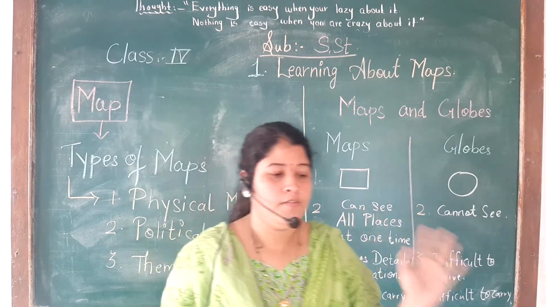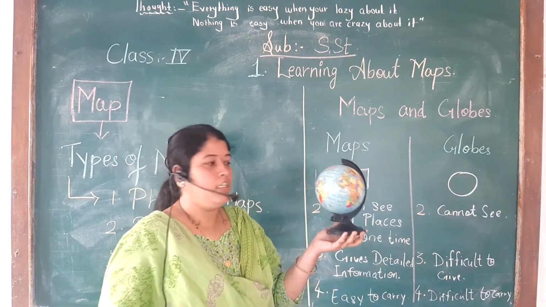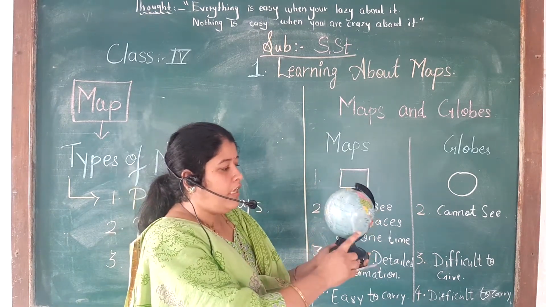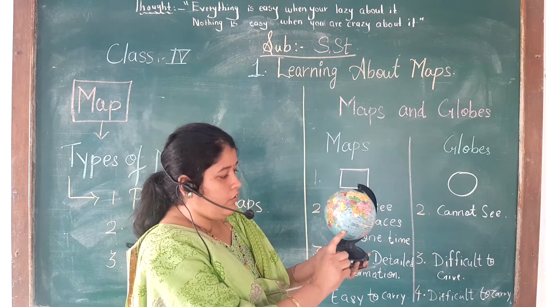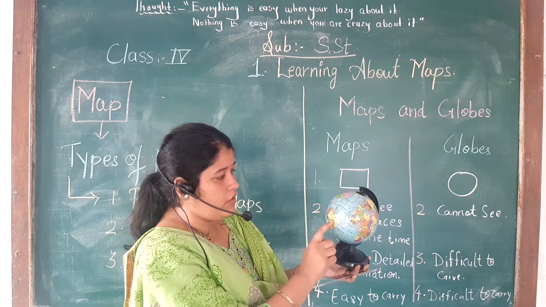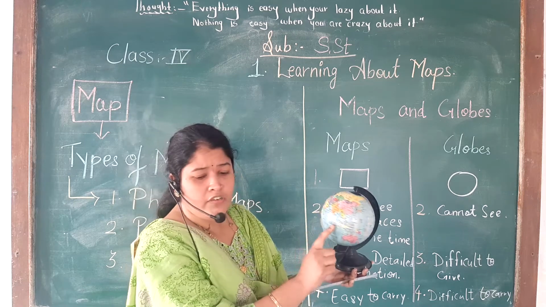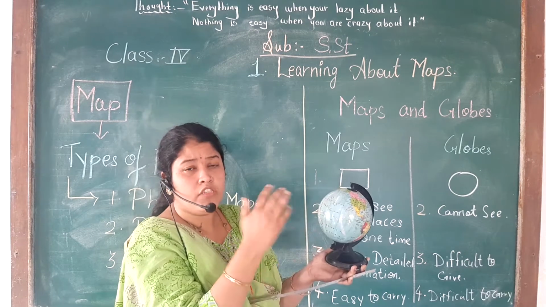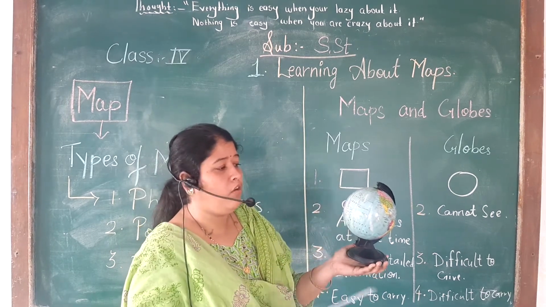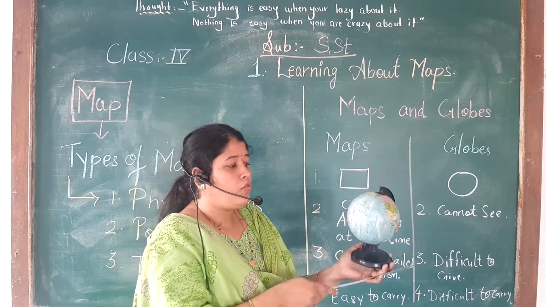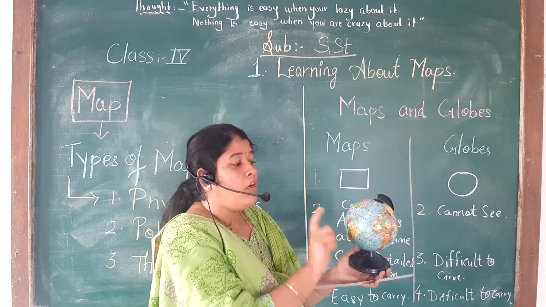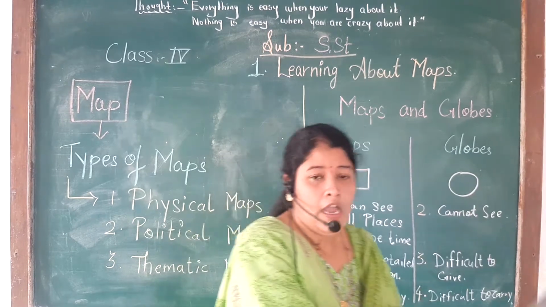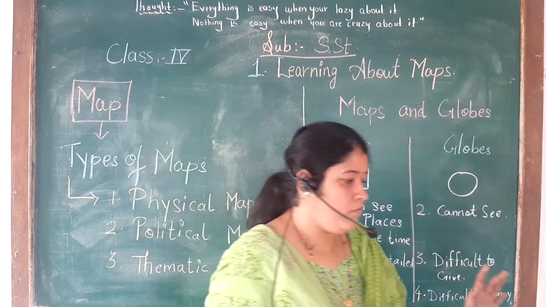Now, I will show you. See here. This is a globe. Can you see, all of you? Yes. So on this we can see everything: Indian Ocean, Atlantic Ocean, South America, everything. So a small model of the earth. This varies in size. You can get it big also, small also. I am showing you this one. So every part of the world we can see on this globe. Understood? Now, map. I will show you what is a map also.